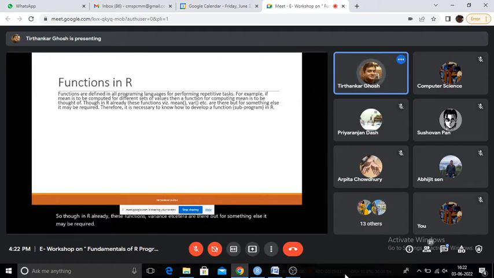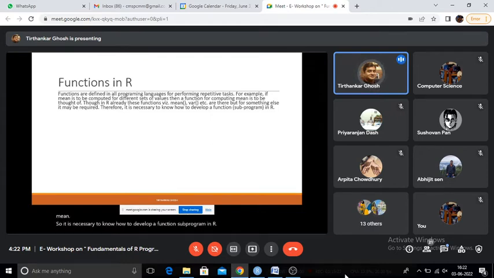So I have given here the example of mean, but already in R the mean function is there. But some other function may not be there, like mean deviation about mean. That may not be there. We have to define a function which will compute the mean deviation about mean.